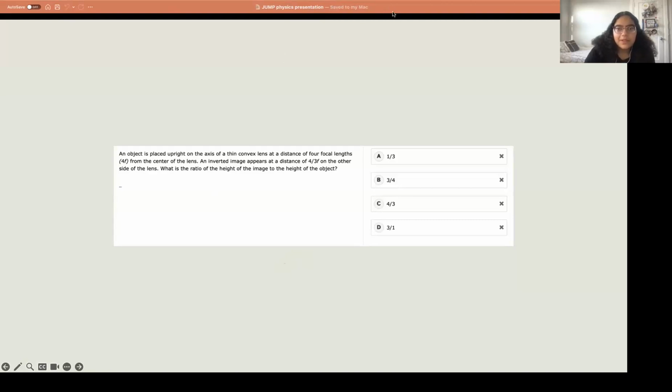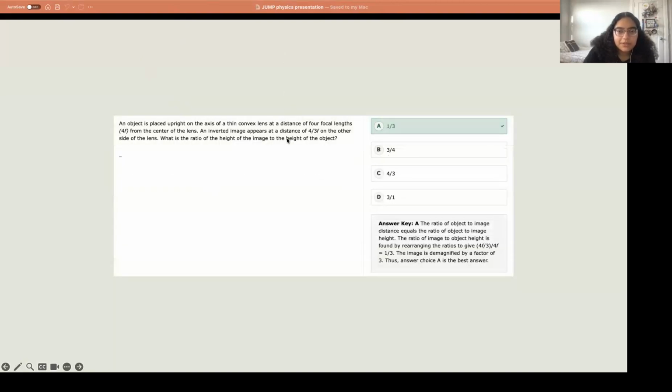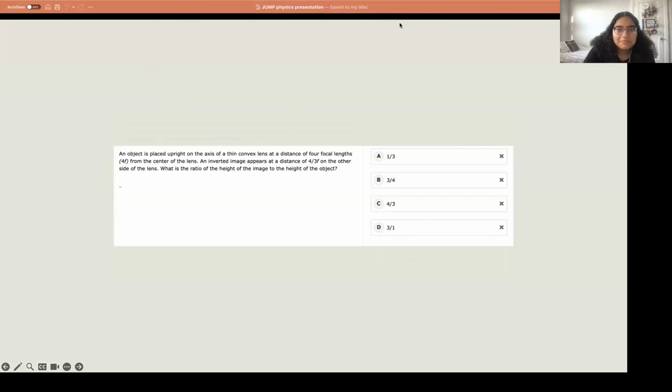Okay, I'm getting some different answers here, so we can work it out. It's asking for the ratio of the height of the image to the height of the object. Whoops, I thought I turned on annotation, but anyways, yes, it is 1/3. Let me try to draw it. Oh, there we go. So it's asking for